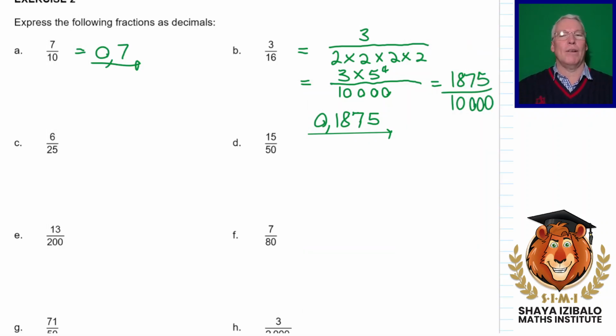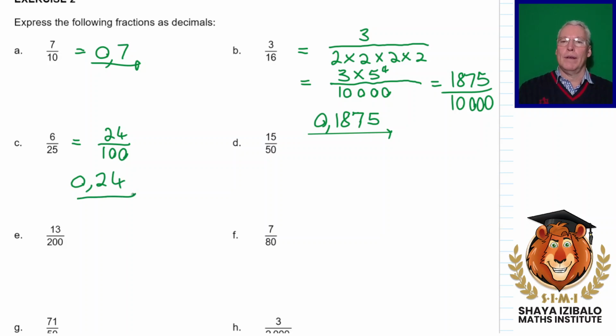Okay, we wouldn't ask you something like that, I don't think, in a test or an exam. Maybe a little bit hard for grade 8. How do we get 25's to 100? Well, we multiply by 4. If we multiply the bottom by 4, we must multiply the top by 4. 24 hundredths,